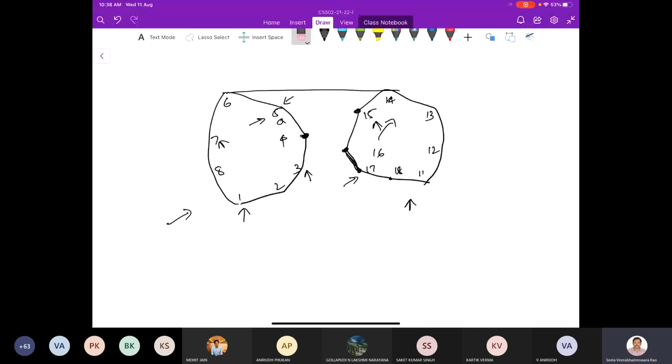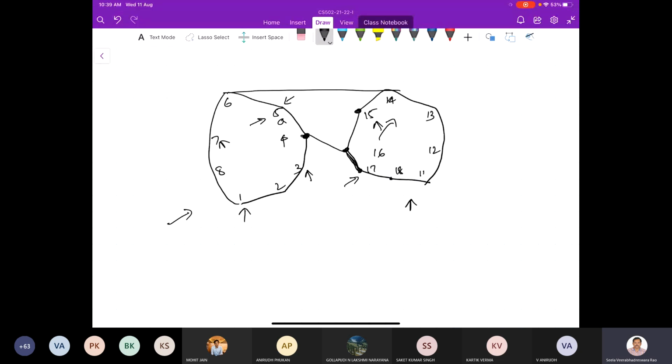So what we are doing is taking the rightmost point on the left hull and the leftmost point on the right hull, that means these two here, and checking whether it is an upper tangent to the left hull or not. If it is not, we move A to the next one and check again, and till it becomes an upper tangent we keep moving it. Once it becomes an upper tangent to the left hull, we check whether it is an upper tangent to the right hull or not. If it is not, we move to the previous one until it becomes an upper tangent.